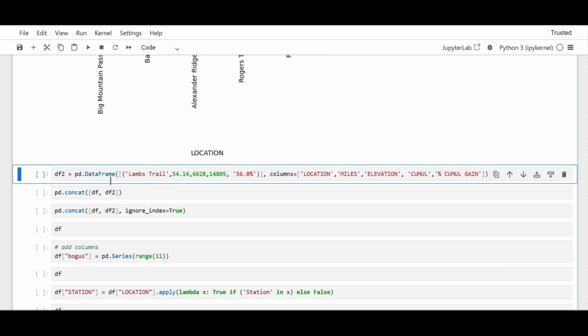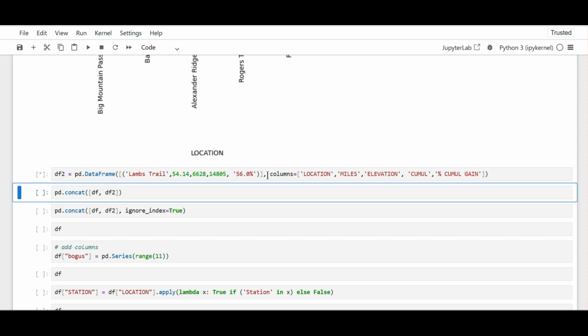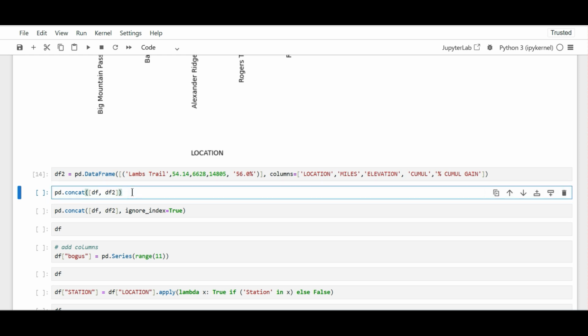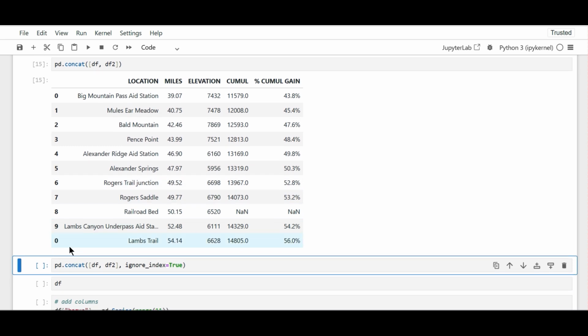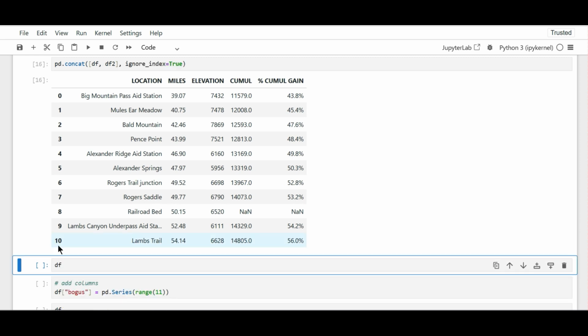We could create another data frame like this. So here we are providing a tuple of values, and we are also providing the column names. And we could use Pandas concat method to concatenate both data frames. Here we can see the row is added, but the index is 0 for this row. We can correct this to 10 using ignore_index equal to true parameter,